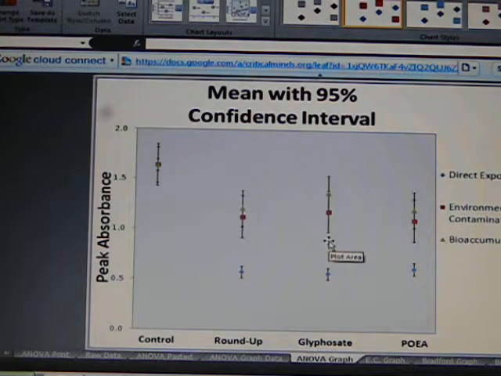Pay attention to the error bars. Where the error bars overlap, that's telling you that there's probably not a significant difference between those two things. If the error bars do not overlap, like in this case, it means that that's probably where that significant difference lies. Additionally, if you took a piece of paper,